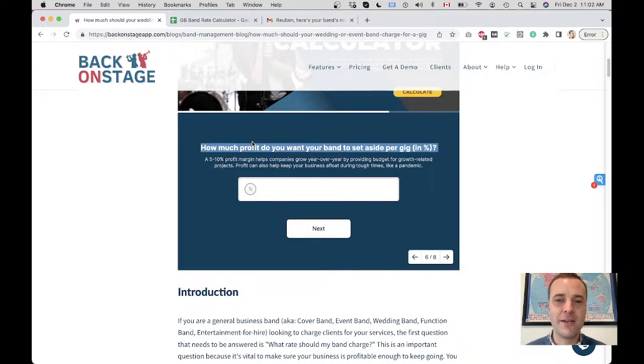Another thing to think about in this profit equation is, are you planning to work with agents? Agents can be a great way to get gigs, but agents also need to make money, and they're going to do that by taking a commission of your booking. So if you're going to be figuring out your band rate, let's just say you're going to charge $5,000 for your band, and that's your minimum asking price. You absolutely won't go out the door for less than that. If an agent comes along and wants to sell you, they're going to have to add their fee on top